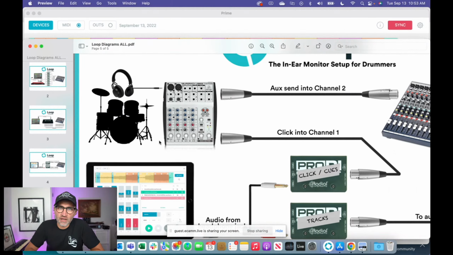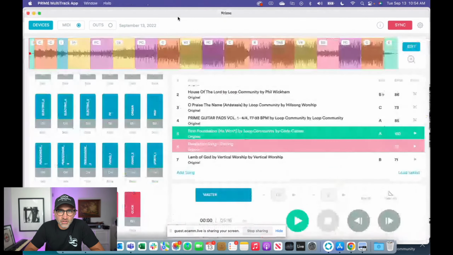But this is the way you can do it if you don't have in-ear monitors at your church. It's totally doable, not a big deal, very easy. So that's the easy way to run audio out of your iPad, your iPhone, your Mac, and get it into